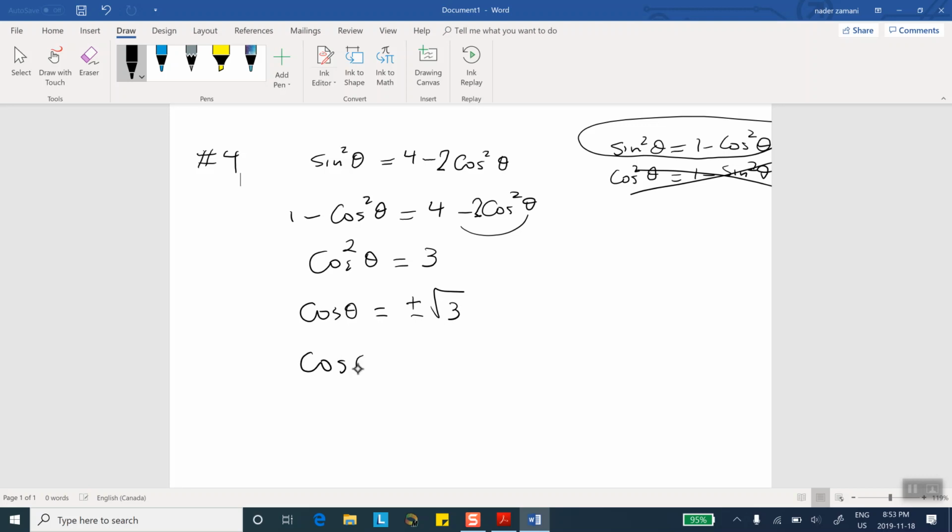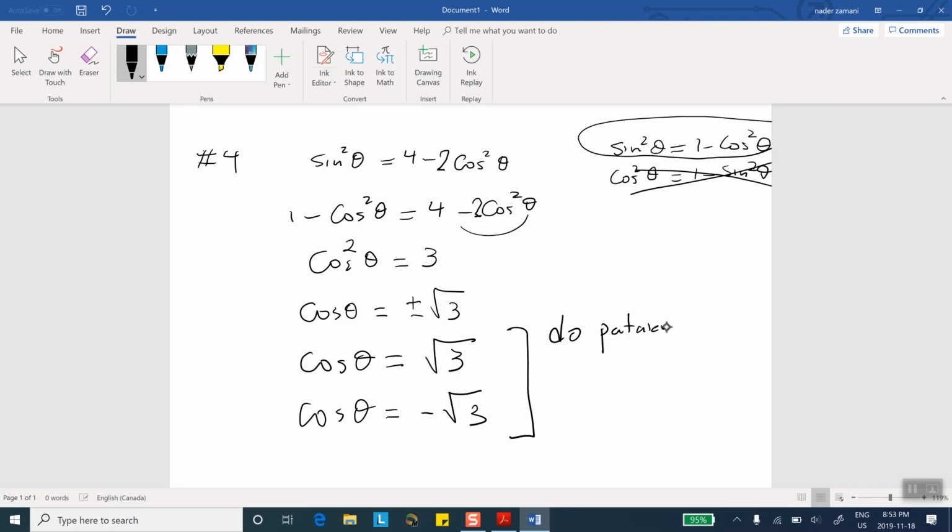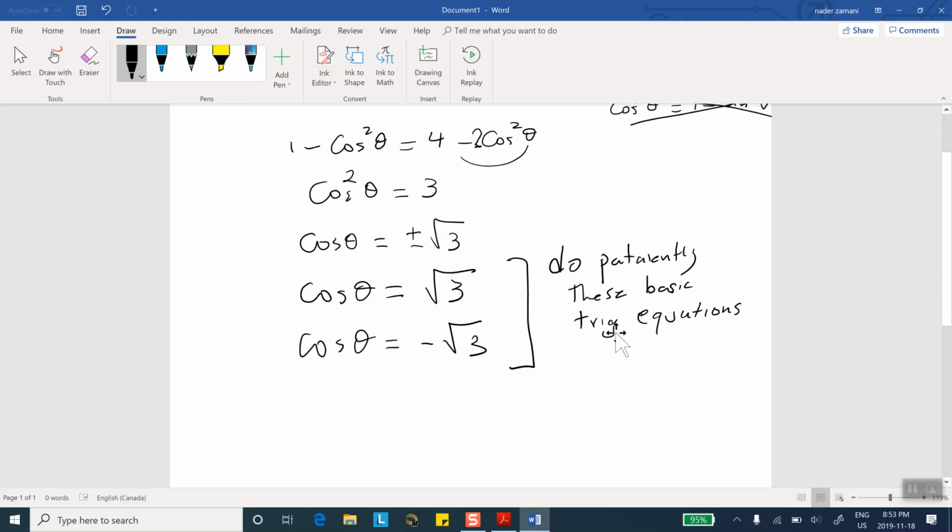So basically, you have to patiently solve 2 problems. One of them is this. The other one is cosine of theta equal to minus root 3. Do patiently these basic trig equations. Now, I'm not going to do that, and I will leave it to you to do, but I also